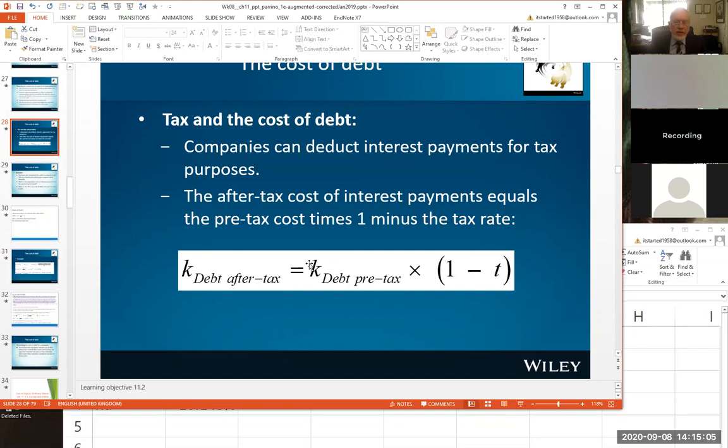And so the fact that it might cost us, let's say, 10% to borrow money, let's say on a debenture or something, if we're able to claim back 40 cents in every dollar that we spend in interest, it really means that 10%, by the time we get 40% back, is really only costing us 6%, 1 minus 40%. And so 10% debt really only hurts to the extent of 6%. Okay,